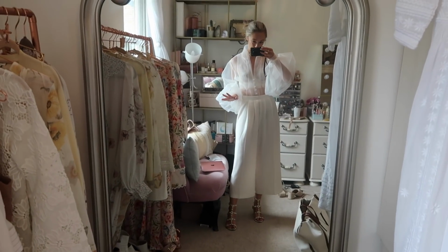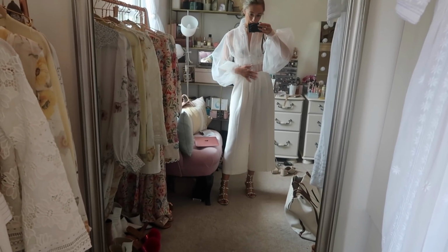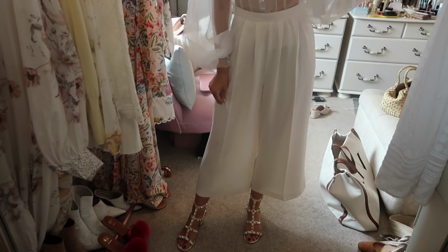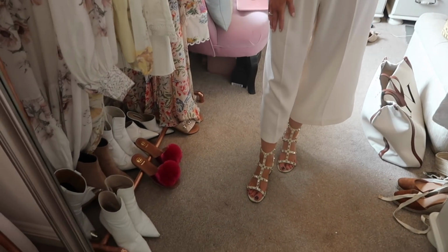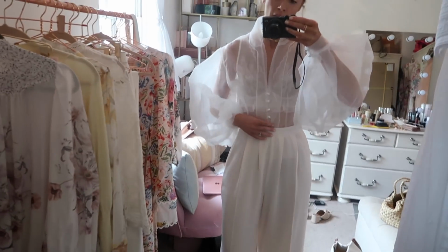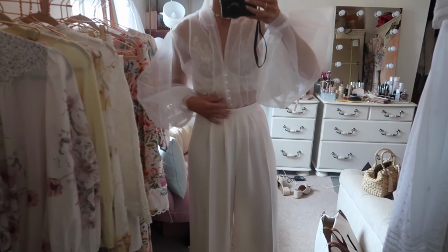So I have been obsessed with the sheer trend lately, and I couldn't resist picking up this blouse from Nasty Gal, and I've paired it with quite an old pair of trousers. These have been in my wardrobe for a few years now, and my Valentino sandals, which I'll most definitely be taking to Morocco. The top I don't know if I will take, because obviously it's super sheer,